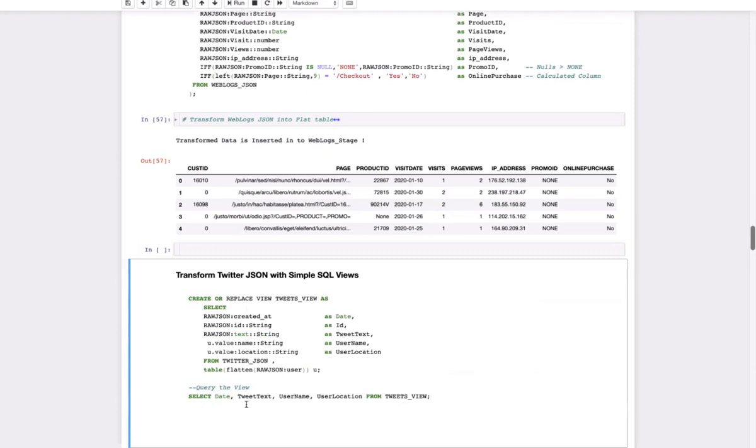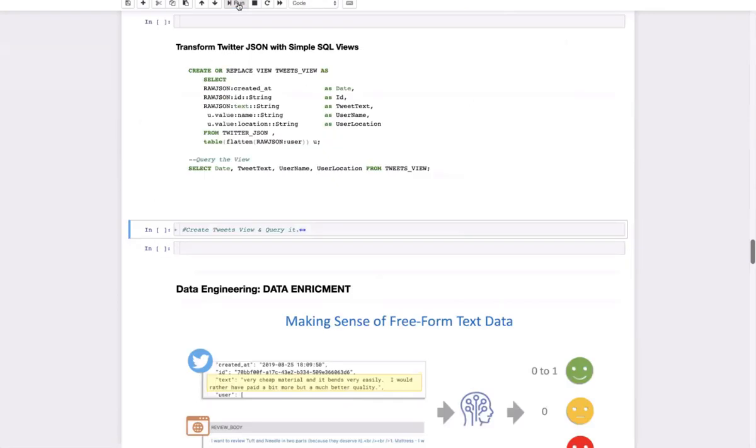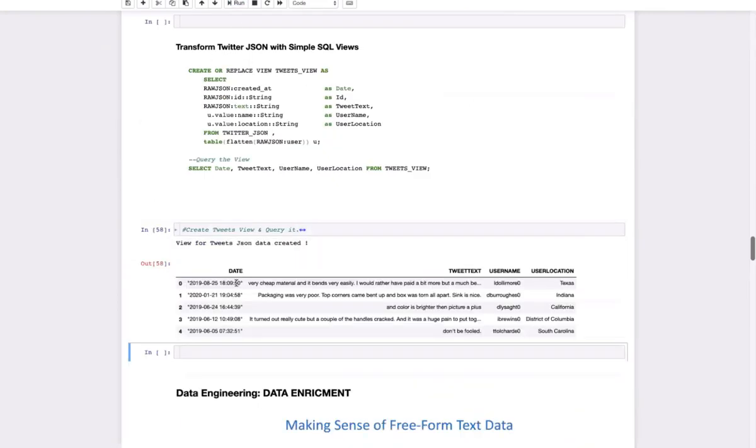For this step, first we'll create a SQL view using the underlying raw JSON Twitter data, and then we'll run a simple query against this view, simulating the way marketing can interact with this data set. Let's go ahead and kickstart it. The view is created and the query is executed. The result is a nice columnar data with tweet content, username, and the user location for marketing department to use